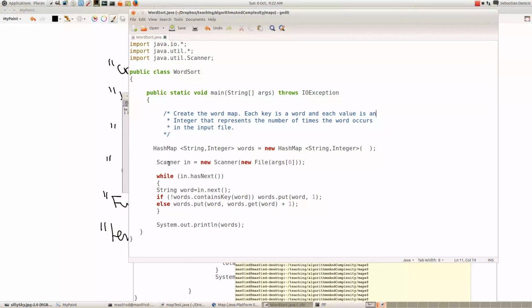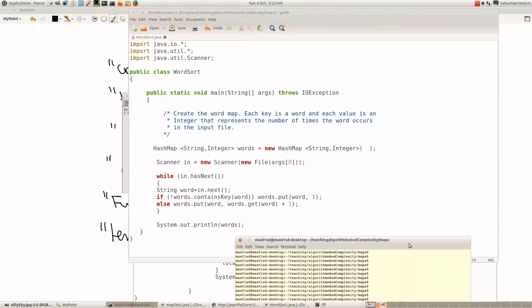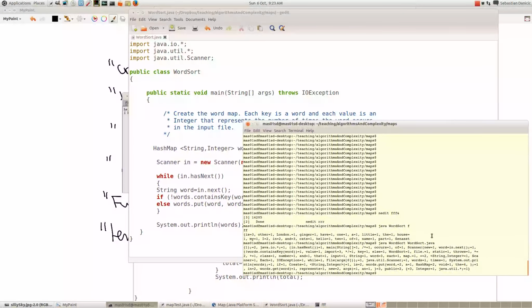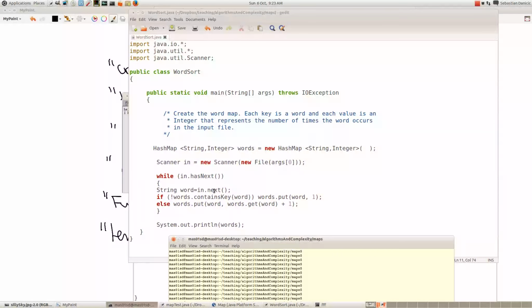And here we're defining a file, a scanner, which is connected to a file, and the name of the file we get from the command line, as I did here where I said FFF. So that's arg0, the first command line argument here. So we've got the file, and now we have a loop where we read each word in the file one